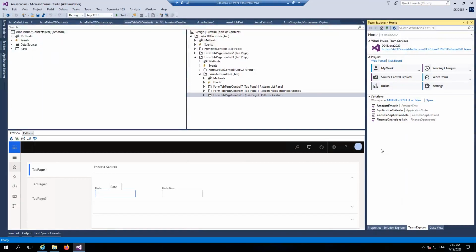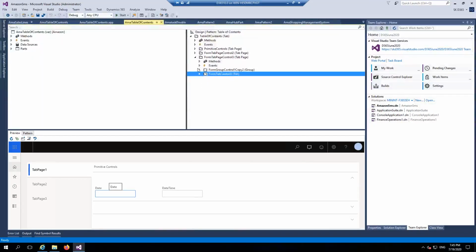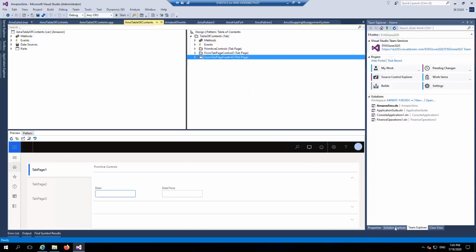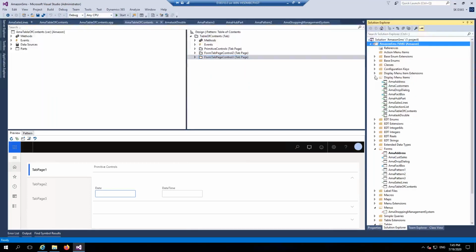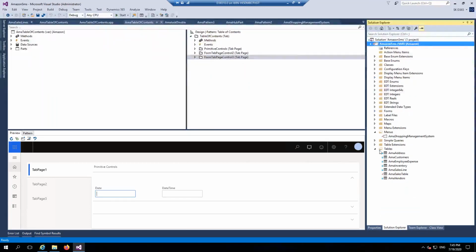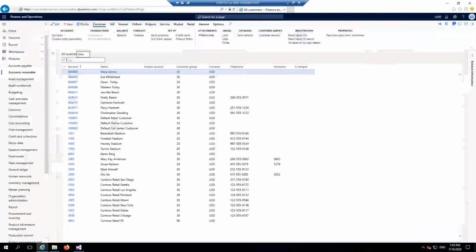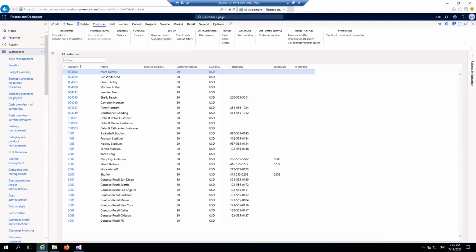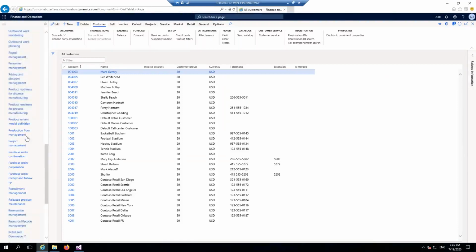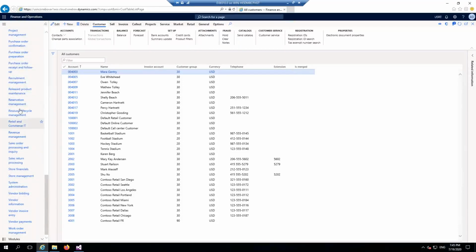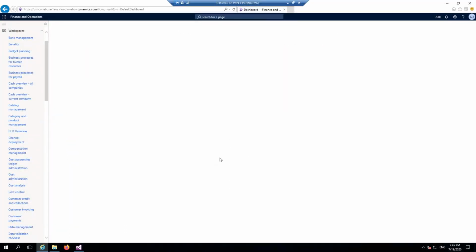See here. Up to now we have seen the screens, how to work with all the screens. Well and good. Now, coming to Dynamics 365, there is a brand new concept called workspaces. Now you can see these are the modules, these are the workspaces. So what is a workspace? See here, for example, if I click on any one of them,